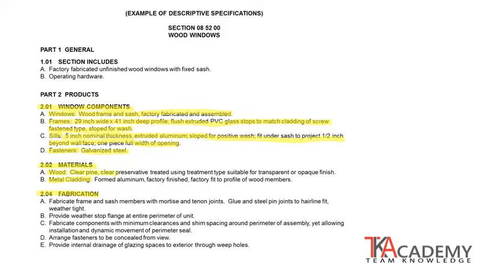The wood, we're getting into very much detail on what type of species of wood, what type of treatment, what type of finish it's going to receive, metal cladding, same type of thing here. It gets into a lot of detail, which again takes a lot of information to put this together. But again, when you are dictating this level of detail, you are assuming a lot of the responsibility and liability of the performance of this product or system.